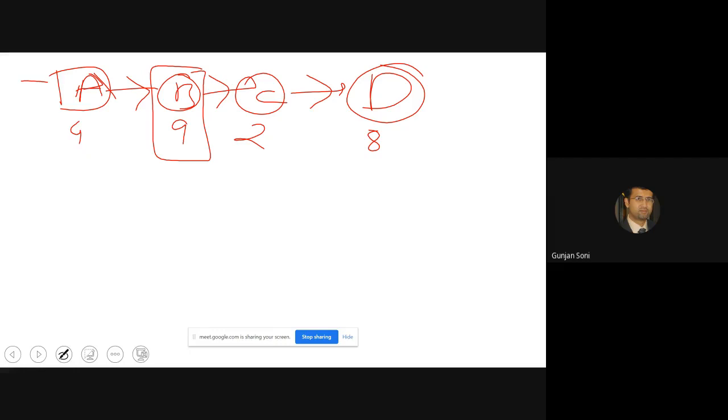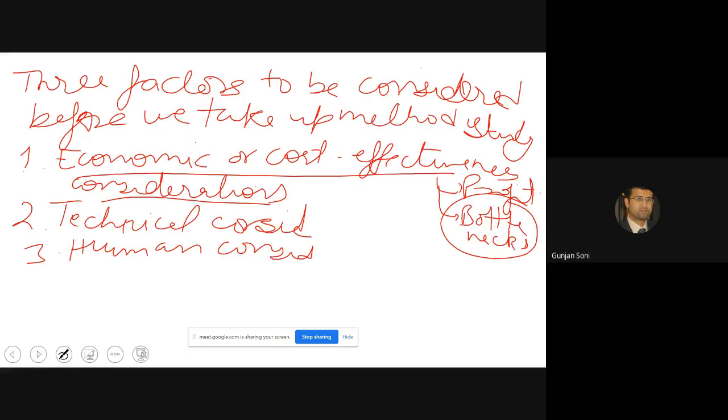So you can take up these bottlenecks, or you can take up operations which involve repetitive work, which use a great deal of labor, and the ones which are likely to run for a longer period continuously. So the workstations or the jobs which are very repetitive and very labor intensive can be taken up. And the fourth one could be movements of material over long distances between workstations.